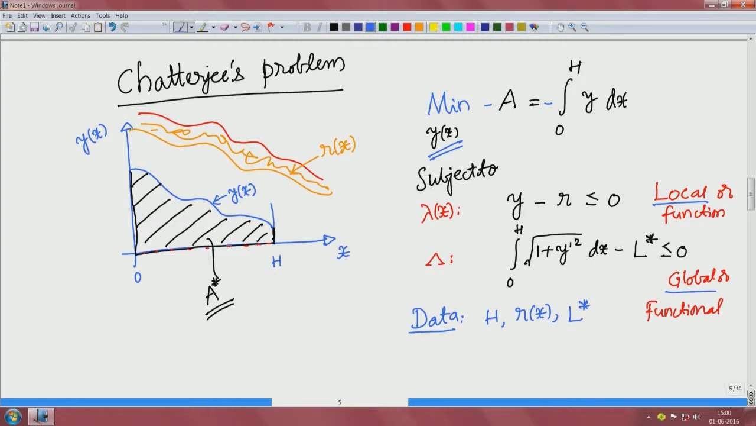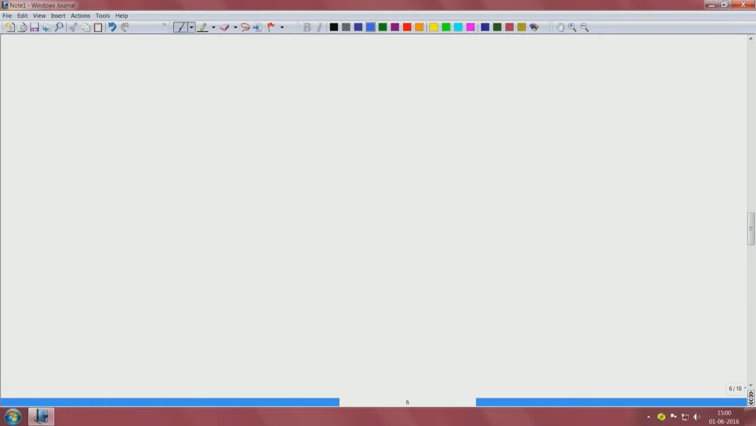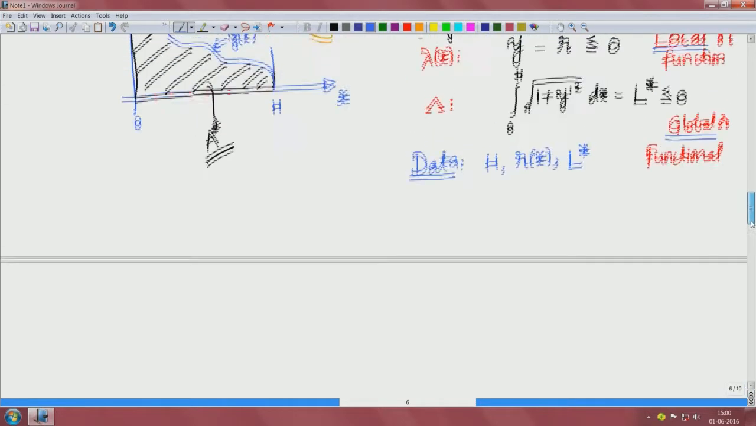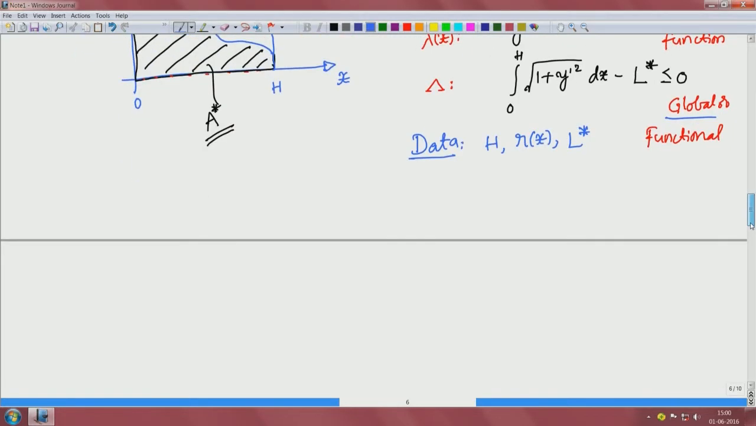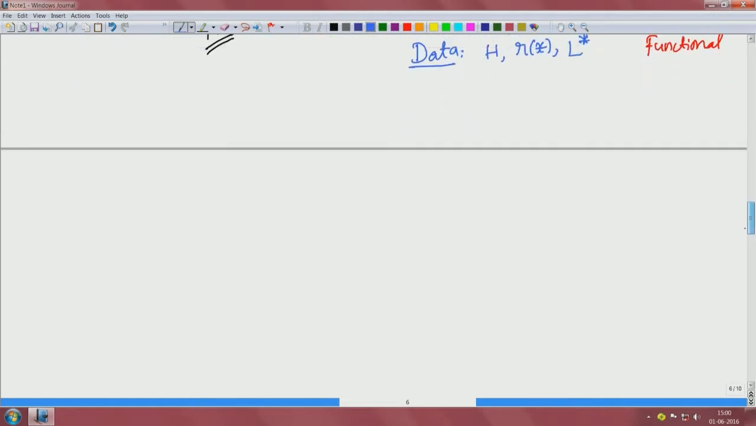So, our problem now becomes, again to have continuity, right. So, we have that, right. So, we would write the problem: minimize minus integral y dx, that is the area enclosed from 0 to h. Our unknown function is y of x, subject to